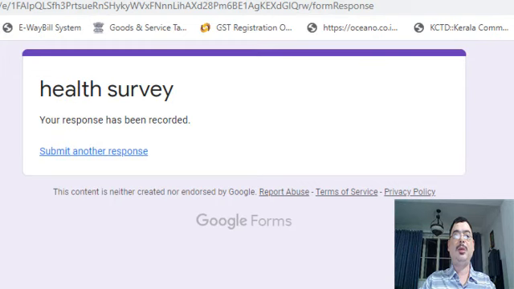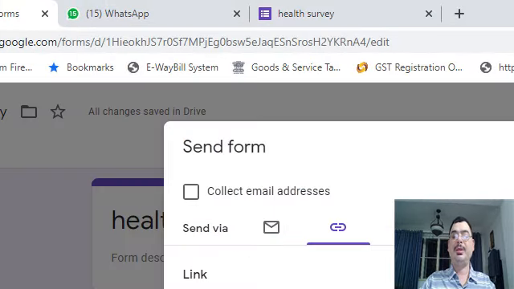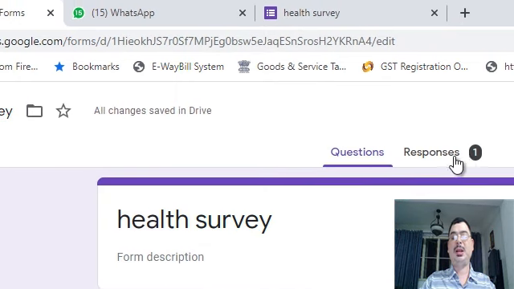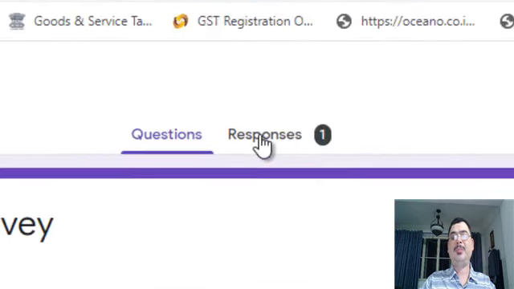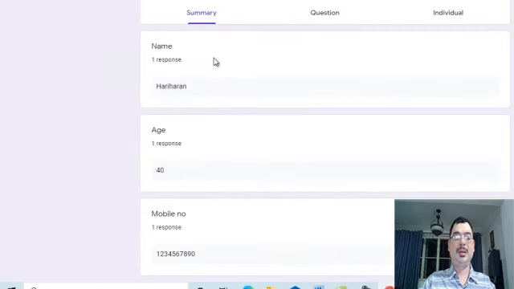Now when I go to the forms, when I open my Gmail or go to Google Forms and open my Gmail account and see, you will see the response has come, response 1 has come. I can click the response and you can see the data has come.